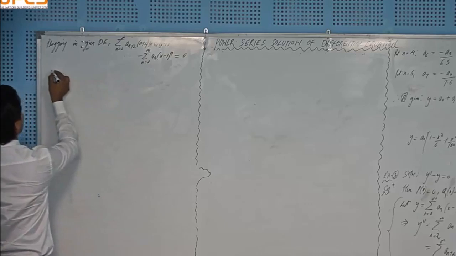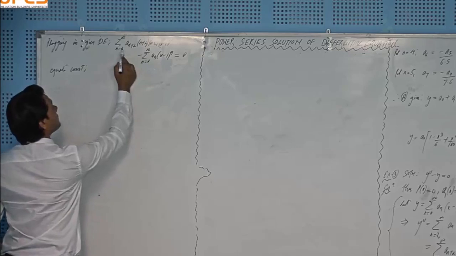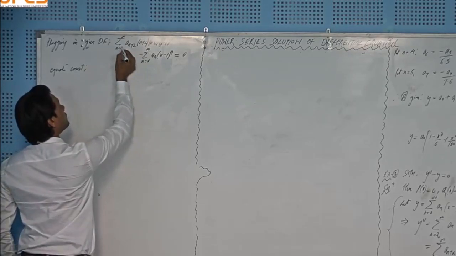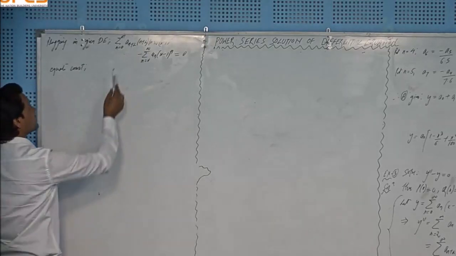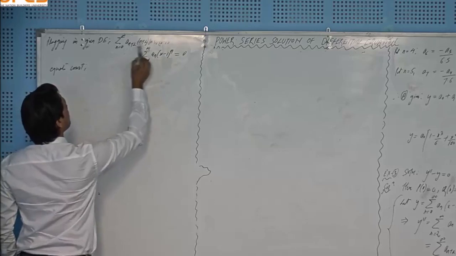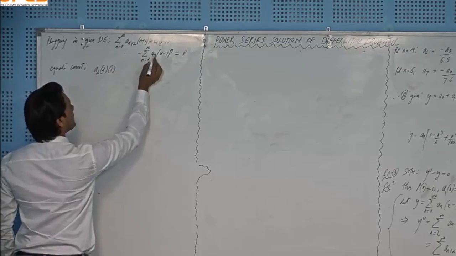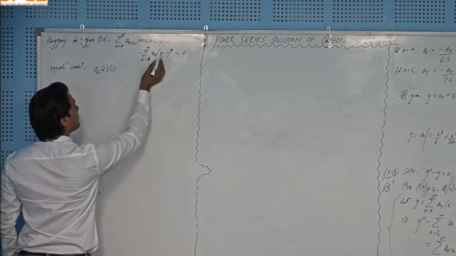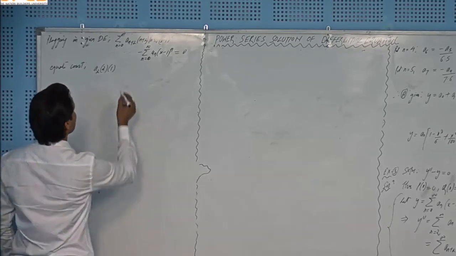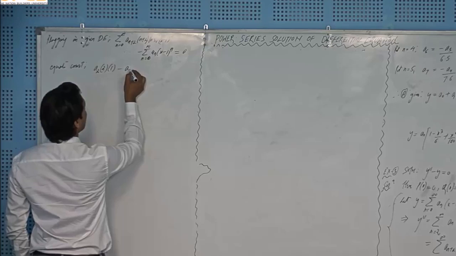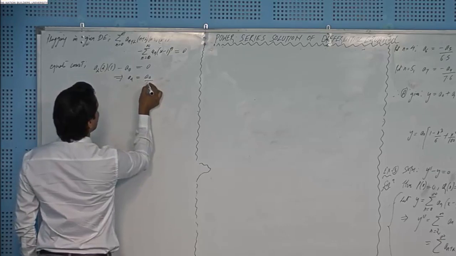And first I will equate the constant terms, equate constants on both sides. So from here I will obtain a constant if I put n equal to 0, right? We should check each and every summation, whether we are obtaining a constant or not. From the first summation I am obtaining a constant by putting n equal to 0, so that will produce a2 times 2 times 1, and from here I can obtain a constant by putting n equal to 0, yeah, that's fine. That will produce minus a naught equal to 0, and that will give you the value of a2, a naught over 2 factorial,